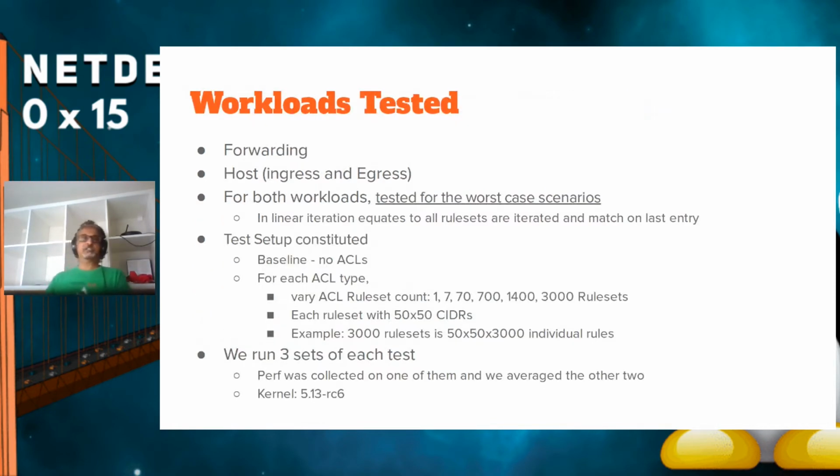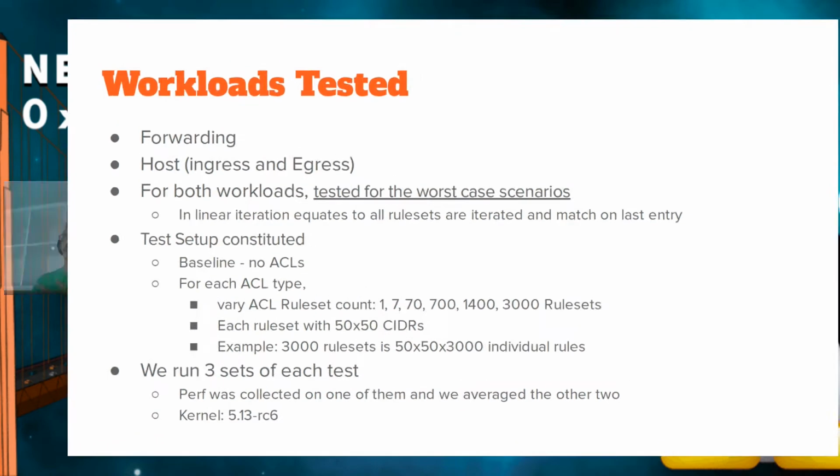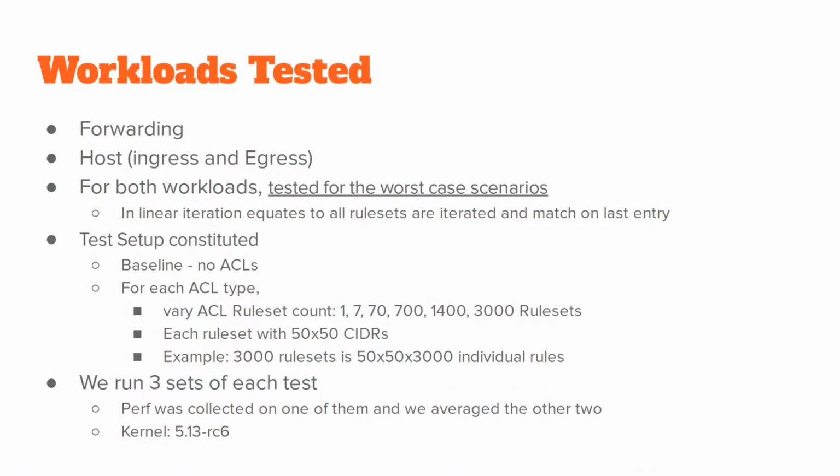The workloads we tested. Okay, so we tested forwarding. We tested host, both ingress and egress. And for both workloads, we tested again the worst case scenario. If you have linear iteration, you go all the way to the end and you match on the last entry. We tested a baseline where packets just came in, they get forwarded, or they go all the way up the stack, all the way to this user space server or client, and then come back out